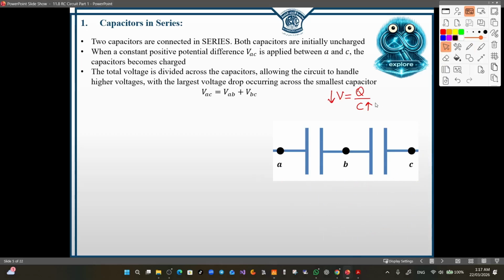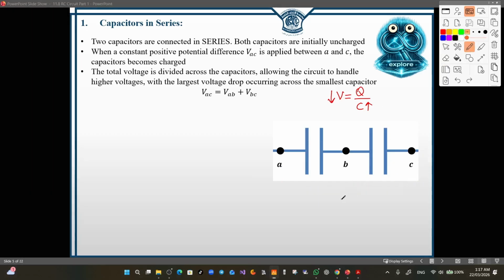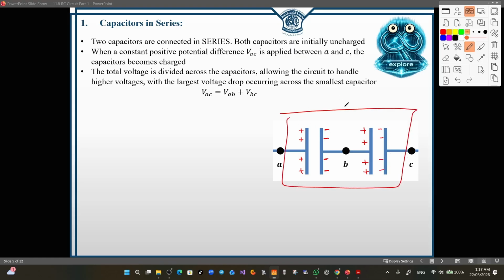However, the electric charge in each one of these capacitors is the same, and the reason is after we apply the potential difference, this plate becomes positively charged. A similar amount of charge but with negative sign will be in the opposite plate, and also here we will have the same amount of positive charge facing this plate, and the same amount of negative charge will be facing the last plate. So we can say that the electric charge in this system will be the same across the